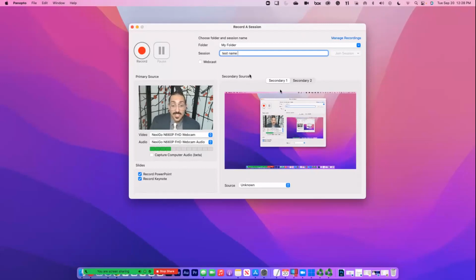So this secondary screen, which typically is your main screen, but if I have dual monitors, it's telling me I have 2 choices between my secondary 1 and my secondary 2. So my secondary 1, right? I have 2 monitors. This is where you want to play your PowerPoint. So you want to make sure you're screen recording your actual PowerPoint. And if you have 2 monitors, or using a laptop and a second monitor, or 2 monitors on a desktop, and you use PowerPoint in presentation mode, you want to make sure that this main secondary source is your